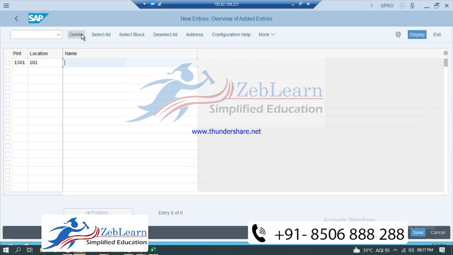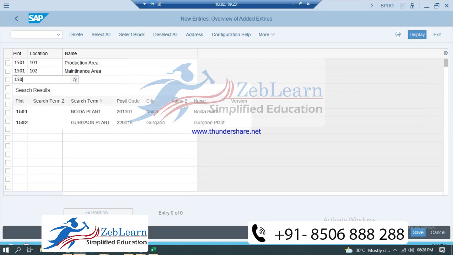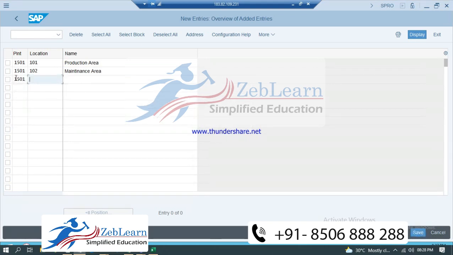Name I'll be taking production area. You can take these things 1501, 102, maintenance area, 1501, 103.